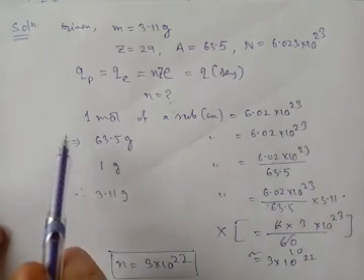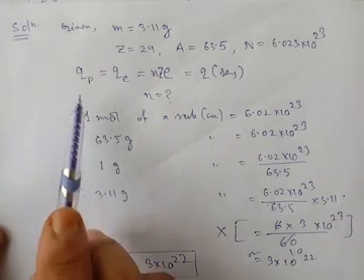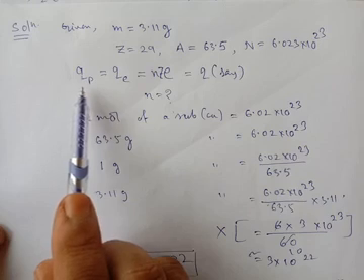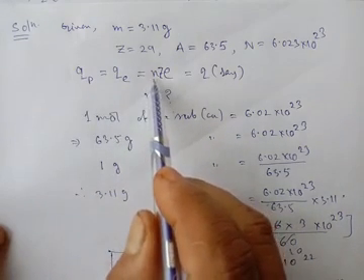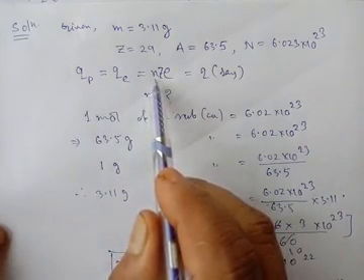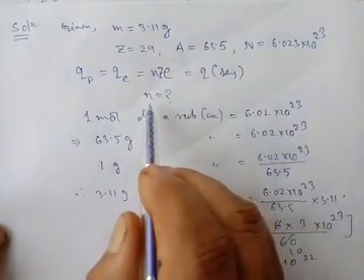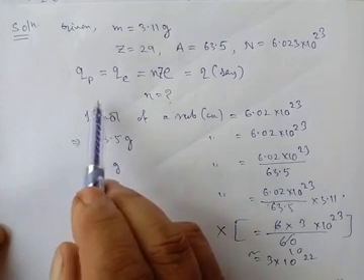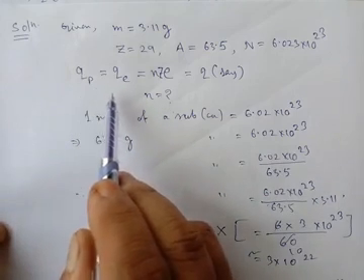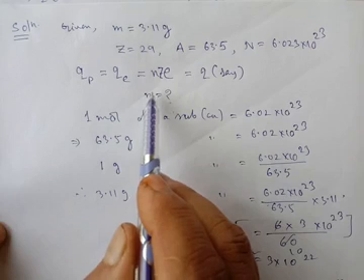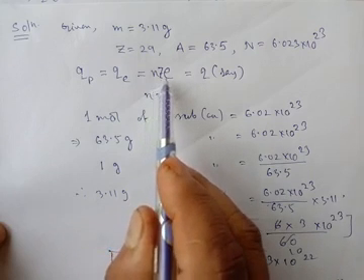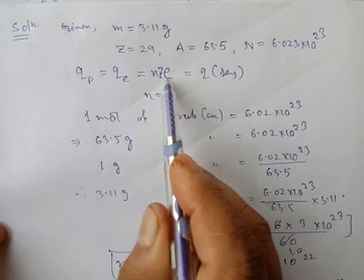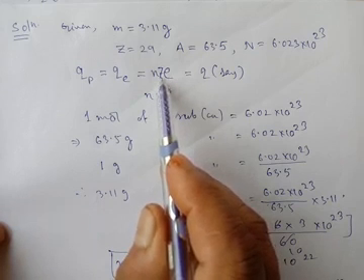Let total number of protons in the copper piece be n. n is the total number of protons. Good. M, small m. So we have to find out small n. So what will be the total charge of proton or electron? Total charge of proton or electron will be equal to nZe. e is the basic charge of an electron or a proton, and Z is the Z number.